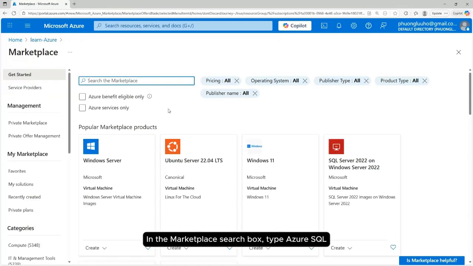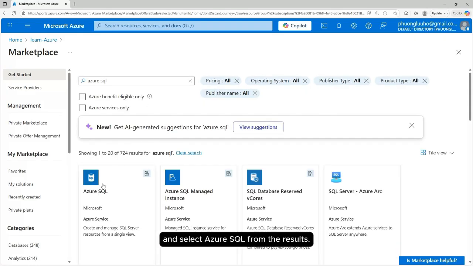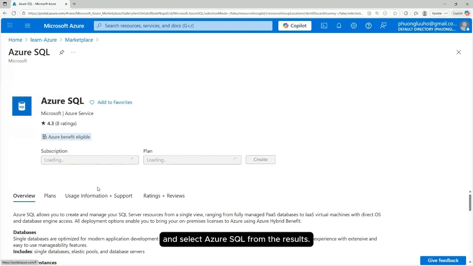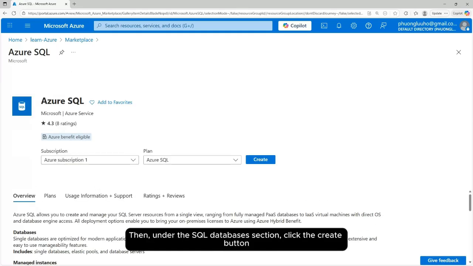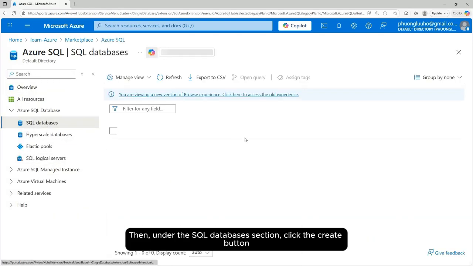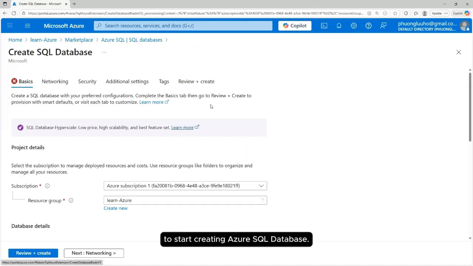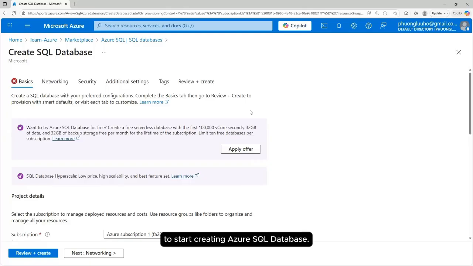In the Marketplace search box, type Azure SQL and select Azure SQL from the results. Then under the SQL database section, click the Create button to start creating the Azure SQL database.